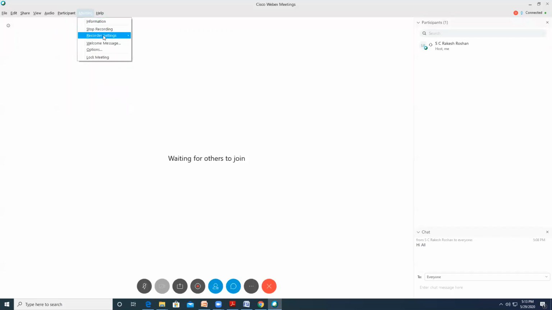And as I said, there's a recording setting here, record on my computer, record in the cloud. Since it's a free account, I don't have the cloud option. I am already recording it on my computer. So all this is feasible. Now you can also lock the meeting. You have shared the link, and you don't want people to join late. Now you can lock the meeting after some time, so it stops people from accessing your meeting. So these are the different options that are there.